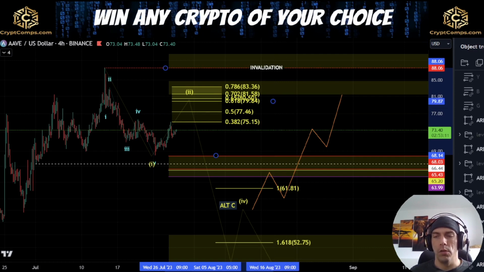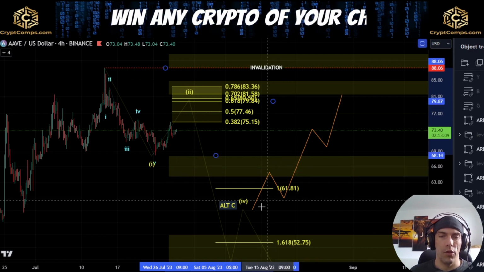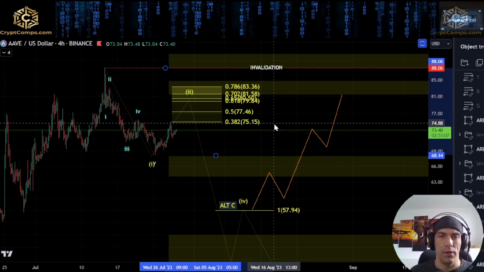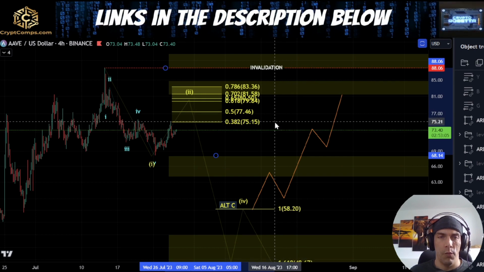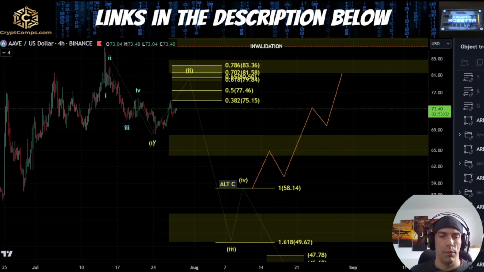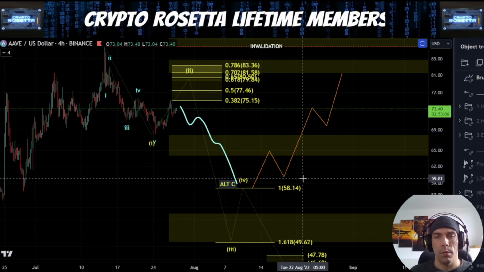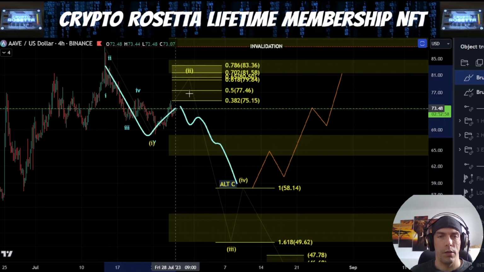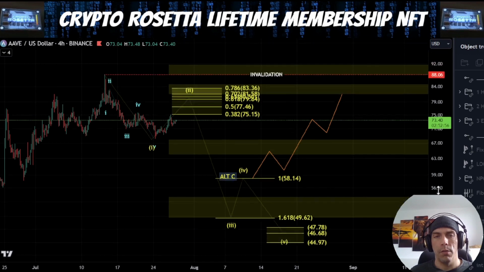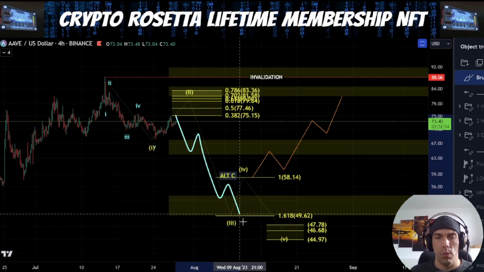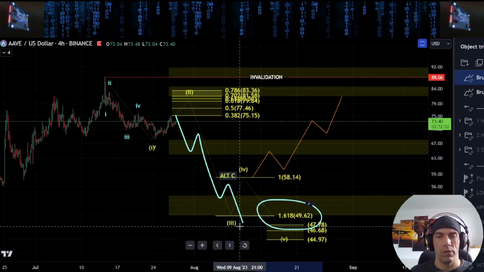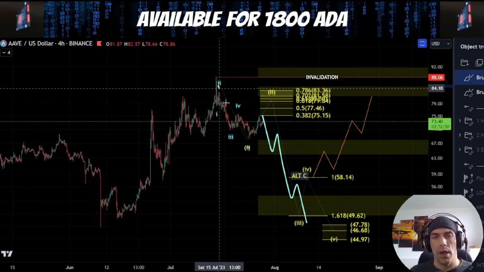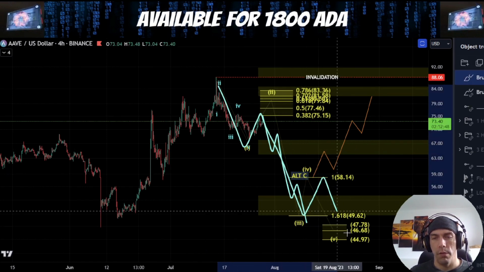If we do see price look to push to the upside here, it could change these downside targets, but the idea would be the same: if we do reject, what we need to be careful of is this. A single 5-wave move that comes towards 1-to-1 is fine as a corrective structure. If, however, we get a 5-wave move that breaks down in a bigger way and we see a move down towards this 1.618, this would actually mean that what we have is 1, 2, 3, 4, and 5